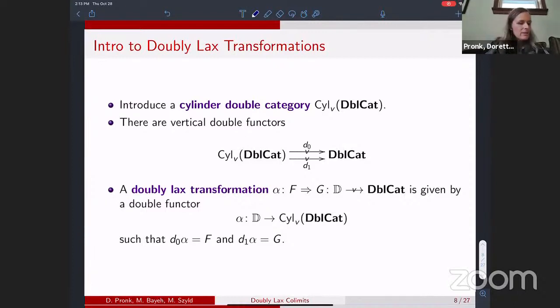category. So these kind of transformations are only defined for vertical functors into double cats at this point. And then the usual thing is required that we have the D0 of alpha is F and D1 of alpha is G. So,